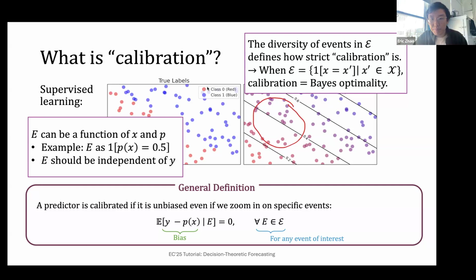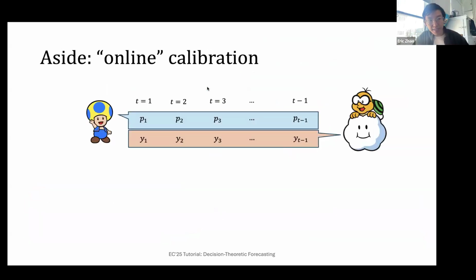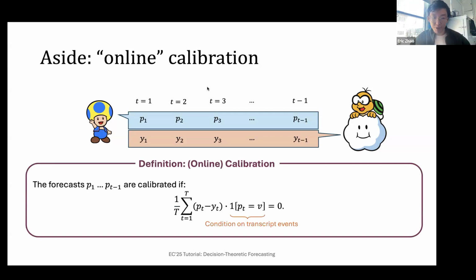One quick aside that I will make is that I defined calibration here for the supervised learning setting. And if you think about deep learning ML people in practice, that is the definition they'll go with. But calibration can also be defined for online decision making. What I mean by that is, instead of having a fixed predictor and describing calibration as a property of the predictor, maybe you exist in an environment and over multiple time steps you are making forecasts. So you don't have a fixed predictor, rather you're making a sequence of predictions. In that context, you can still define calibration.